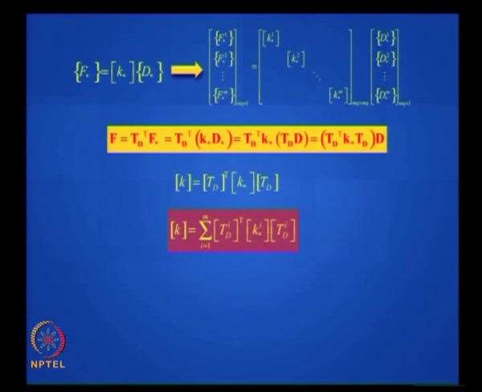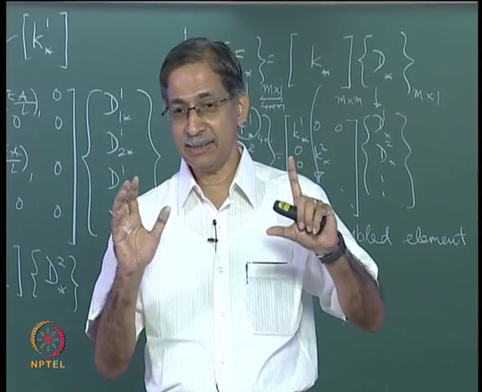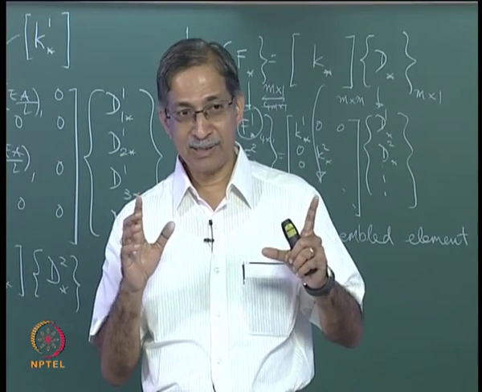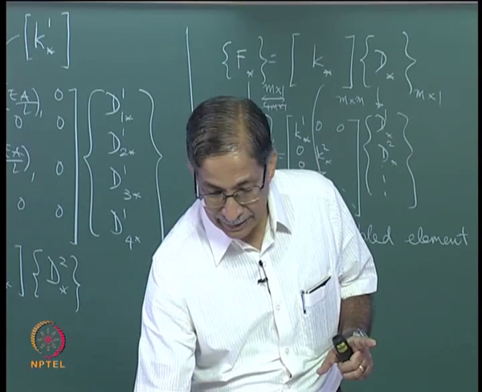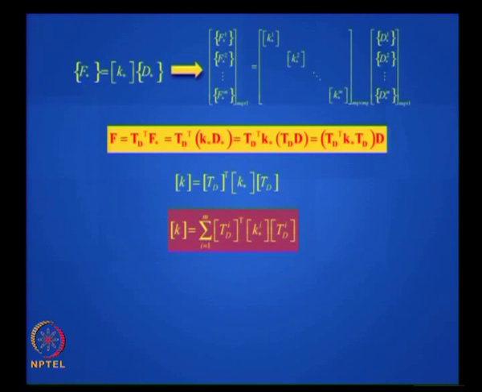I want you to understand that unlike the previous case where we dealt with Ki, which was always limited to the size, it's a square matrix, size 6 by 6, this K is a structure stiffness matrix size. It's as big as the global degrees of freedom. You will understand when we do an example. And then you can have these relationships. After you find the displacements, you can get the member end forces.